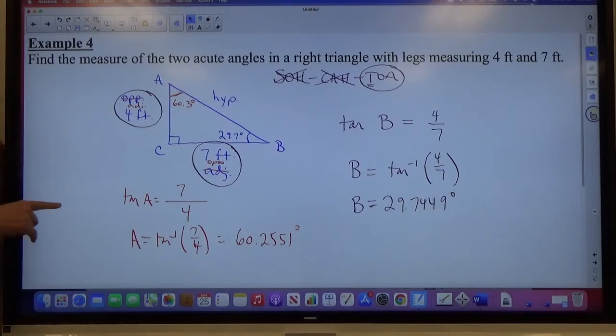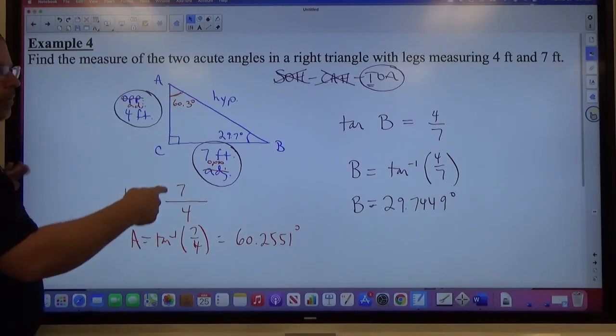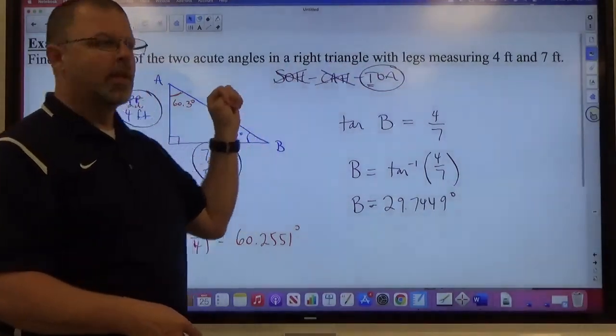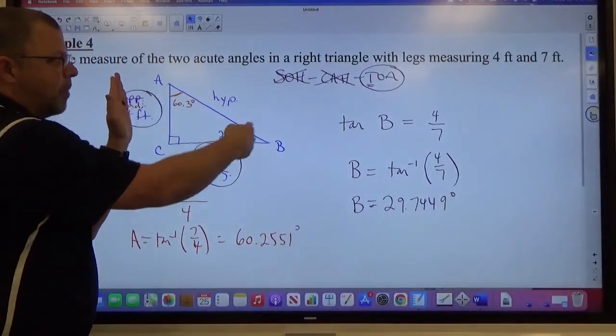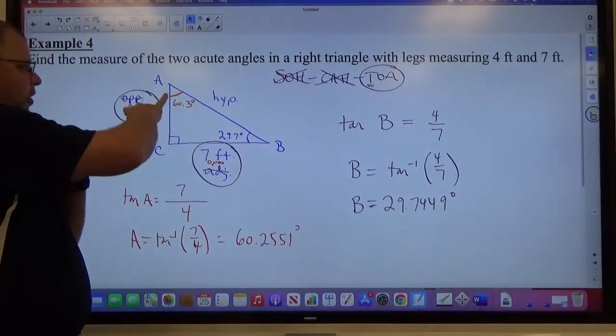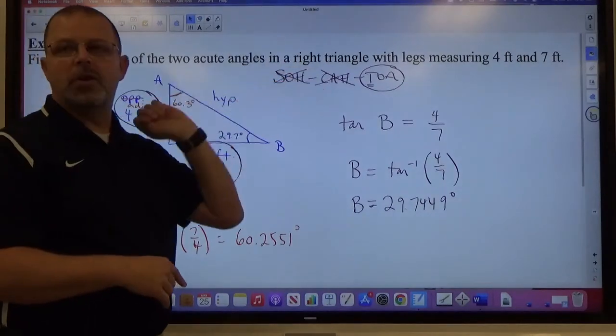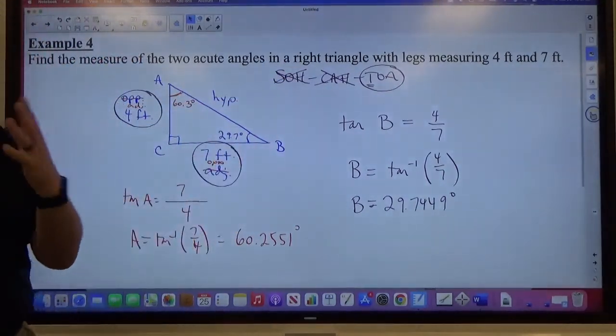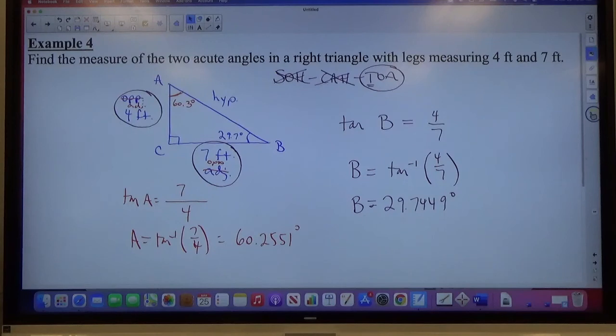If you know two sides, the two sides you have will be one of these three scenarios. If I knew these two sides, opposite and hypotenuse, I'm going to use sine. If I know these two sides, adjacent and hypotenuse, I'm going to use cosine. So the trig function used is dependent upon which sides you're given. So make sure that you identify what they are, so you can use the right trig function. Whichever trig function you have written here, do the inverse of that. So if it said sine A equals, inverse sine would happen. If it said cosine of A equals, inverse cosine, right? So that's what would happen there.